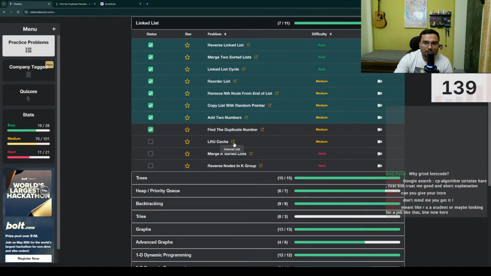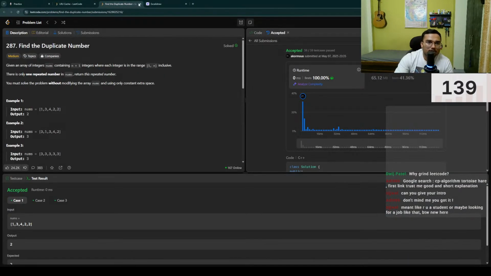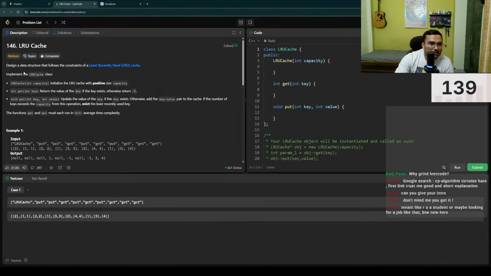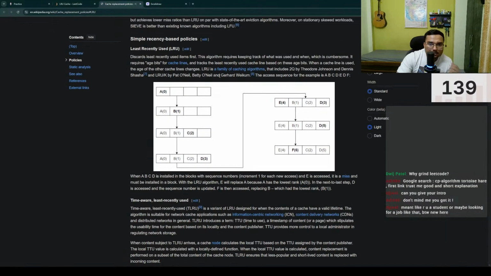Next question. LRU cache. Now this is a big one. Design a data structure that follows the constraint of an LRU. What is LRU? Let's take a look. Least recently used. Discards least recently used items first. This algorithm requires keeping track of what was used and when, which is cumbersome. It requires age bits for cache lines and tracks the least recently used cache line based on these age bits. Okay, so